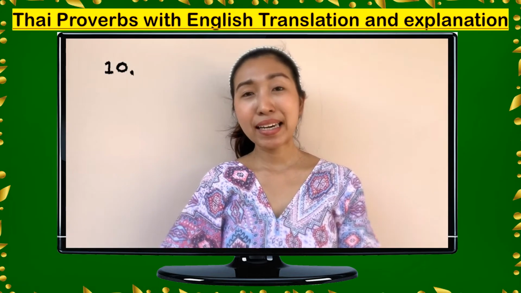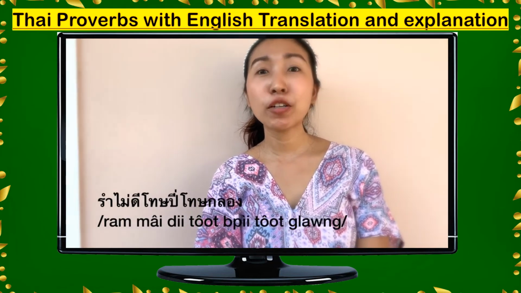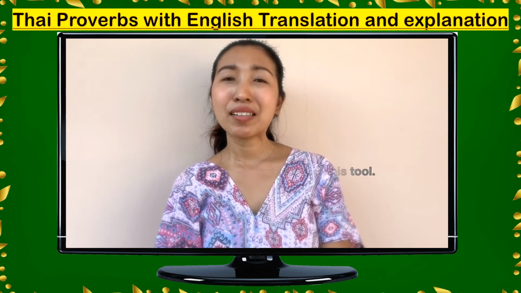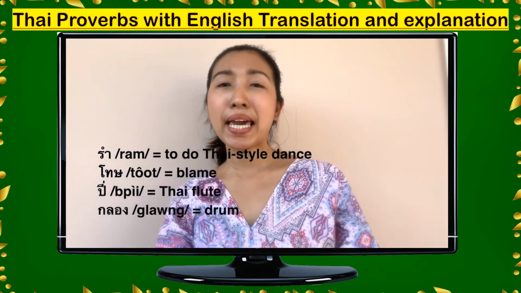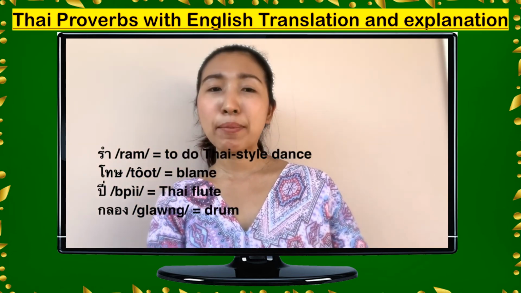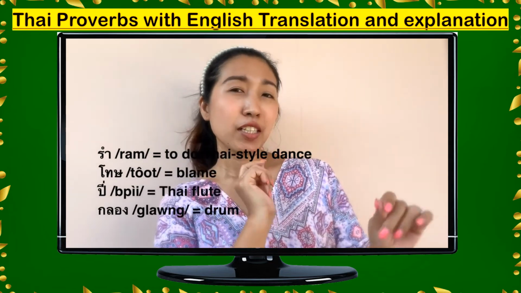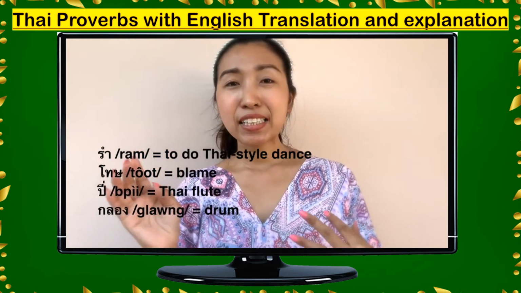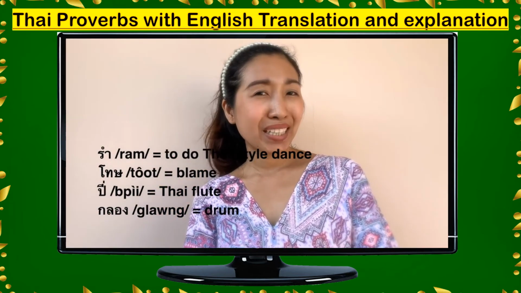Alright, and the last one is รำไม่ดีโทษปี่โทษกลอง. This phrase is a bad workman always blames his tools. So รำ is when you do Thai dancing, we say ram, and โทษ is to blame. So รำไม่ดี is when you do bad Thai dancing, โทษ so you blame on what? โทษปี่โทษกลอง. So ปี่ is a Thai instrument similar to a flute. And then กลอง is drums. So when you do bad dancing, you just blame it on the drums or you blame it on the instrument, you don't blame yourself. So in Thai we say รำไม่ดีโทษปี่โทษกลอง